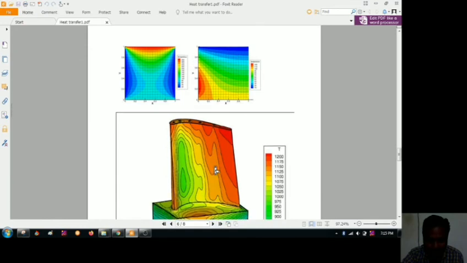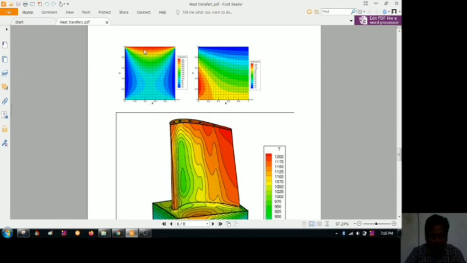So when we see the FEM part, why are we discussing heat transfer with respect to the FEM? Here we are solving the kind of problems which are related to heat transfer. So here we are saying the thin sheets, or you can say plane strain, plane stress related problems. Here you can see that some thin sheet is there. So here heat transfer is occurring from one point to the other point.